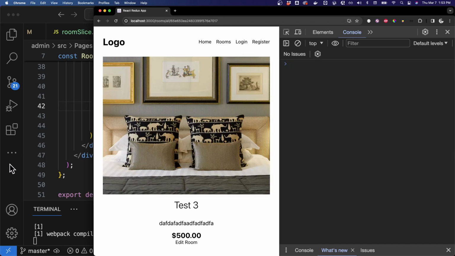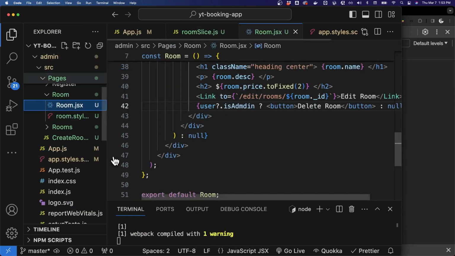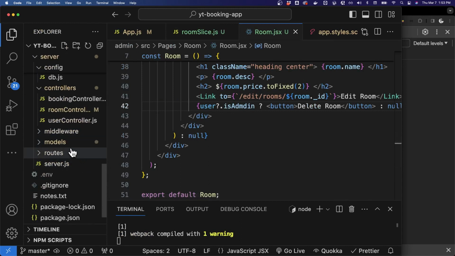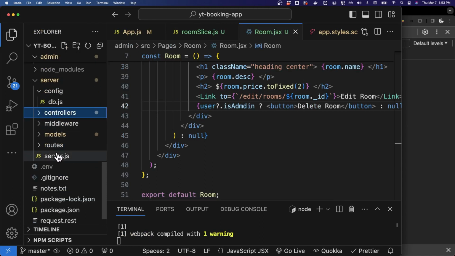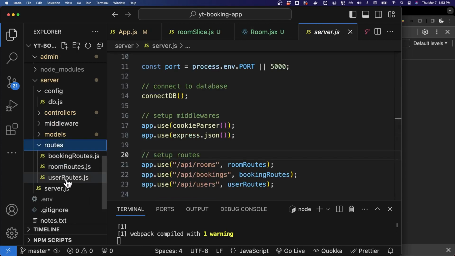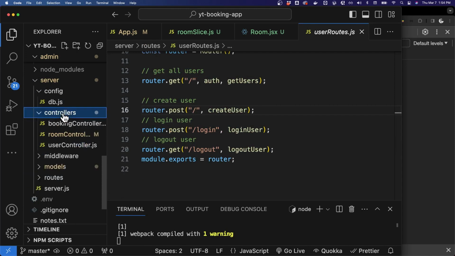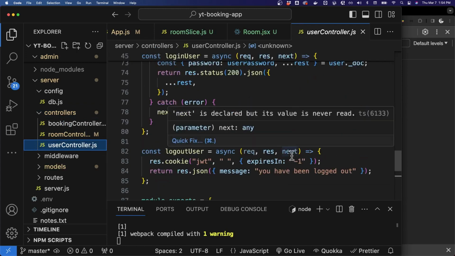So I think when we log in, let's go back to the front end. I think we didn't send the is admin back to the front end. So go into server and then say user route, and actually it should be user controller. So when the login is done,